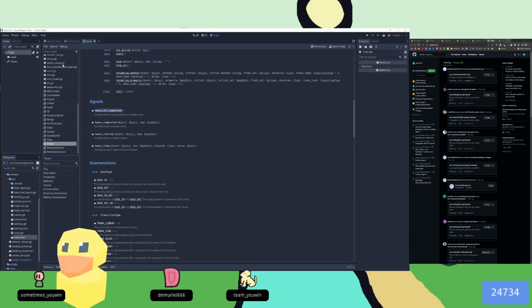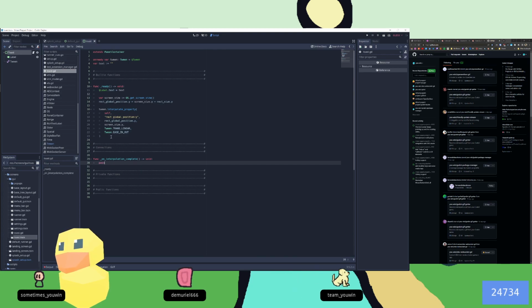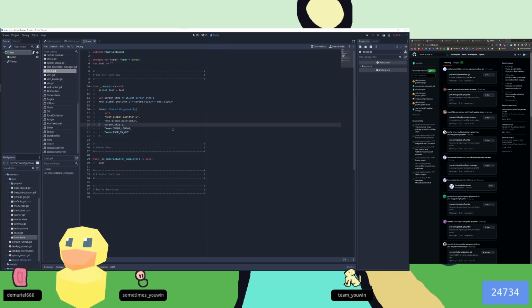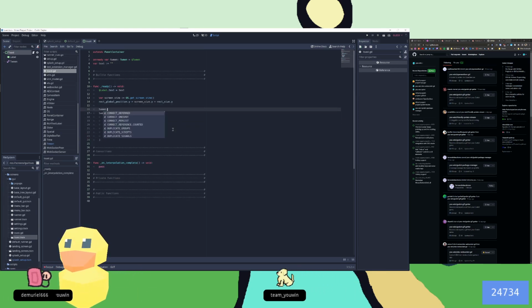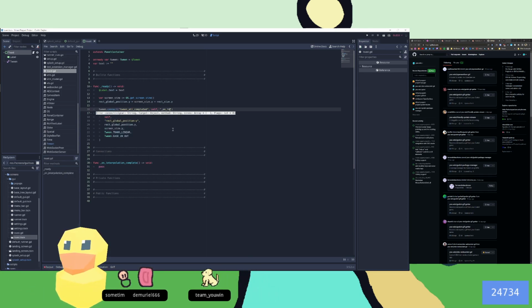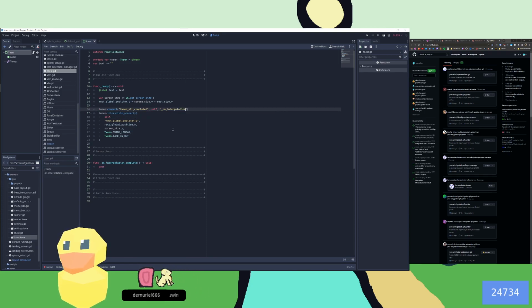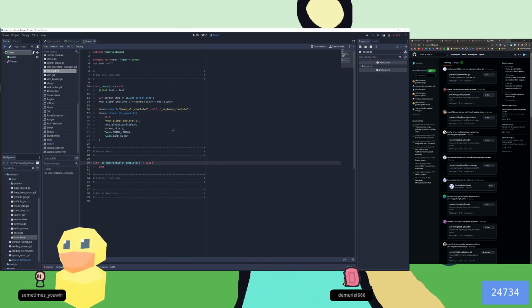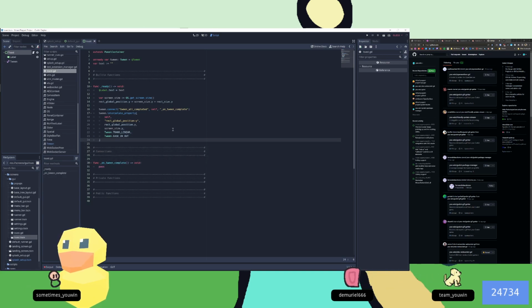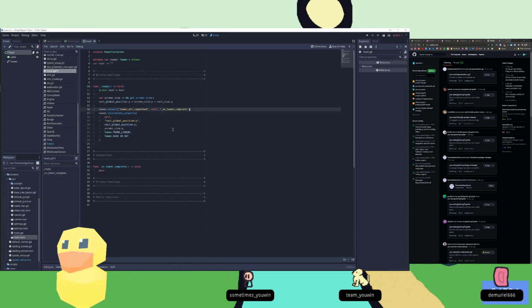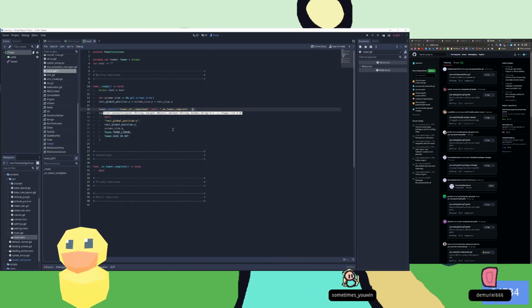Tween completed, we don't really care, because we're only tweening one thing, right? Tween, connect this thing, so on interpolation, or not on interpolation created, but on tween complete. No binds, and then